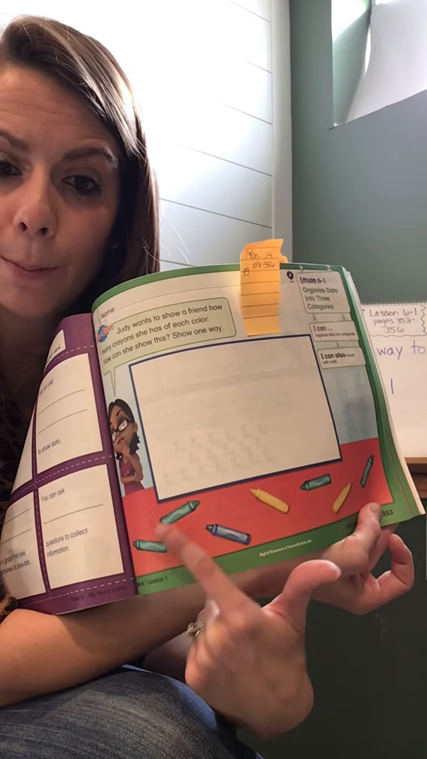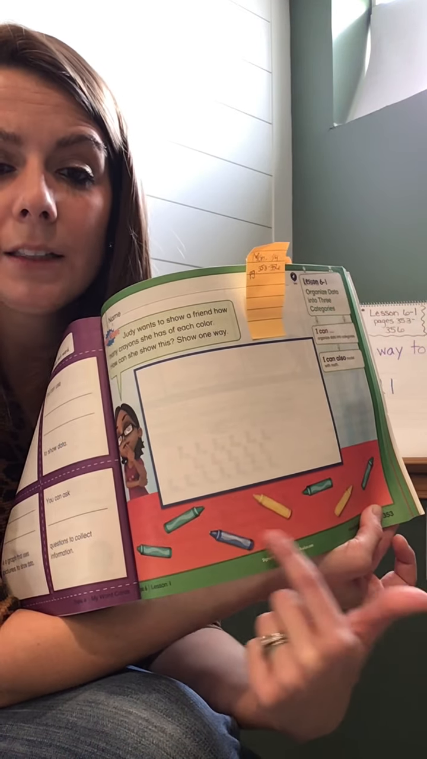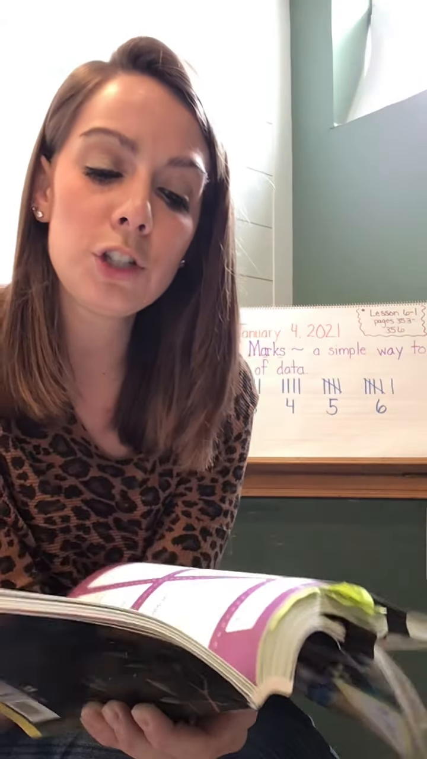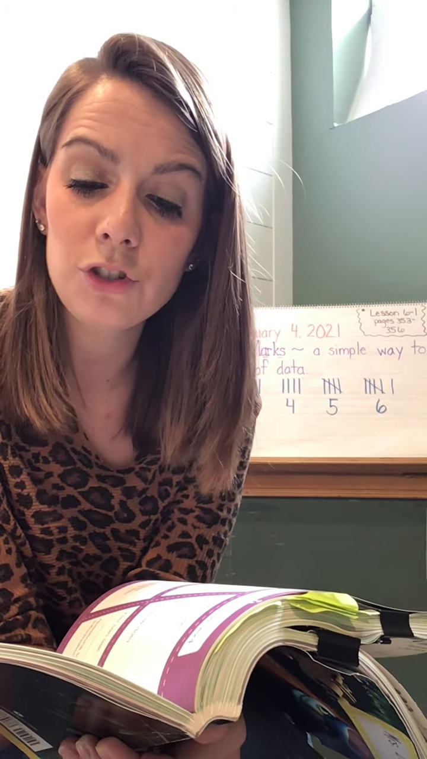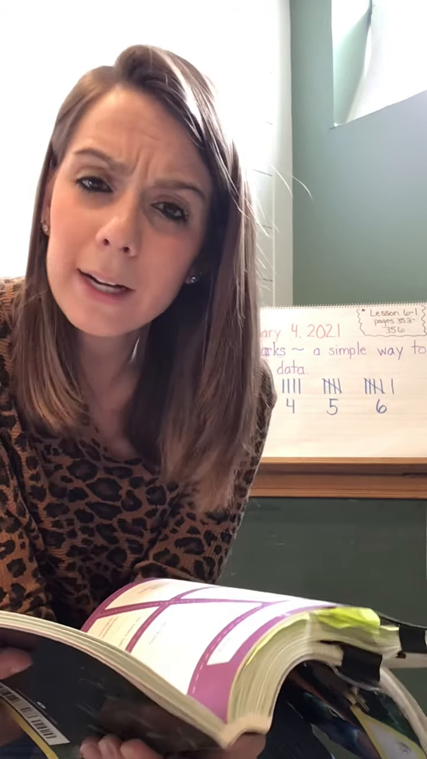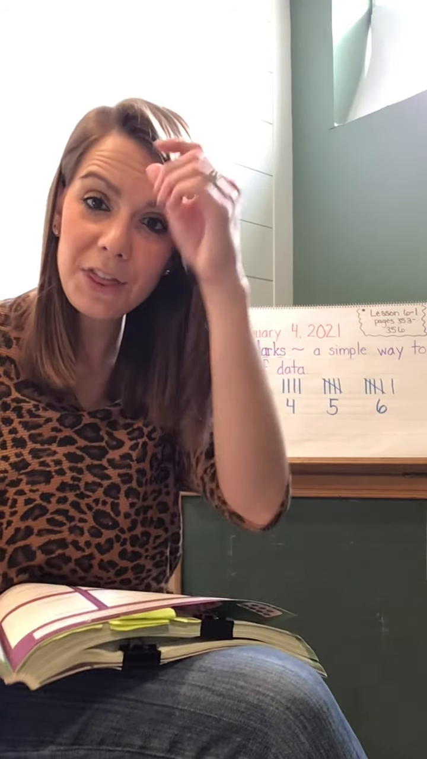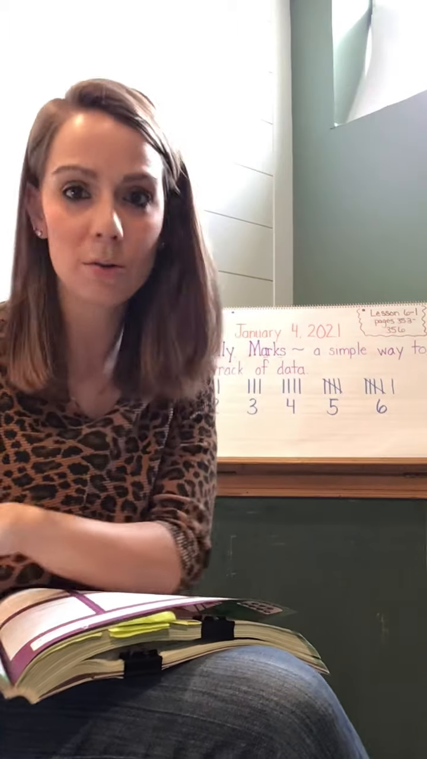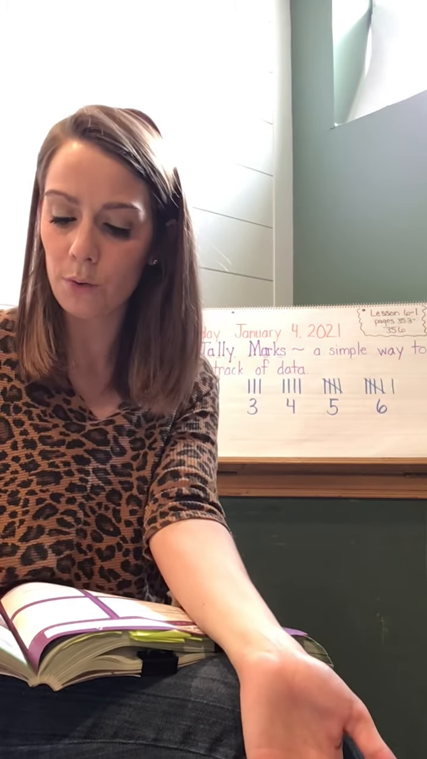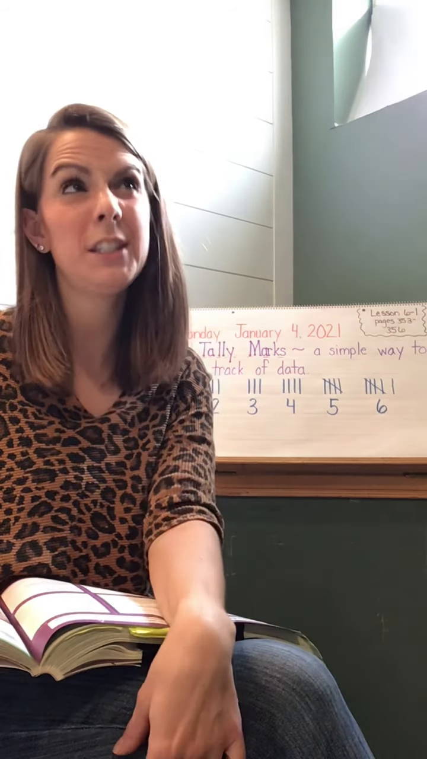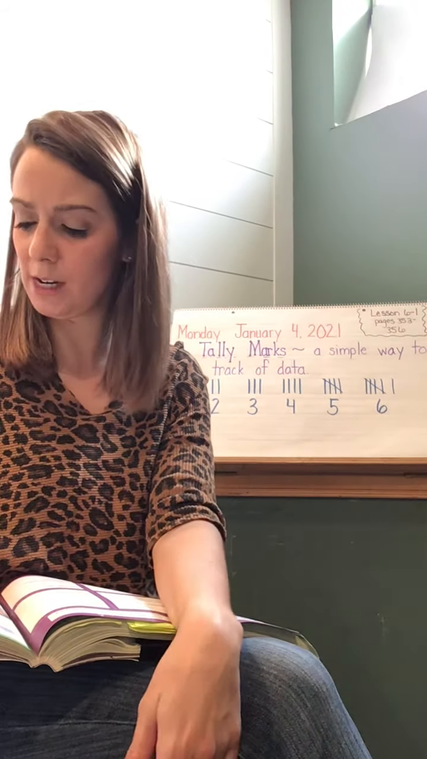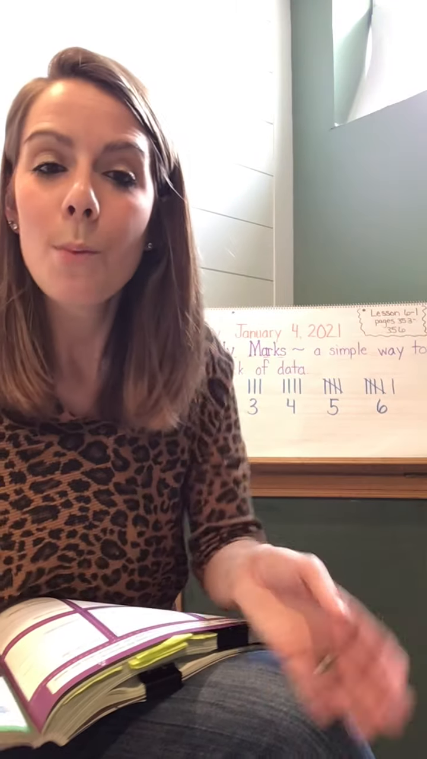Okay. So we're going to look at the picture on this page. What do you notice at the bottom? Good, crayons. Now there's some green, there's some yellow, there's a blue. Now it tells us that Judy wants to show a friend how many crayons she has of each color. How can she do this? Show one way. So I want you to think right now, before we even do anything, how can Judy show this? She could say, well, I've got so many green, so many yellow, so many blue,